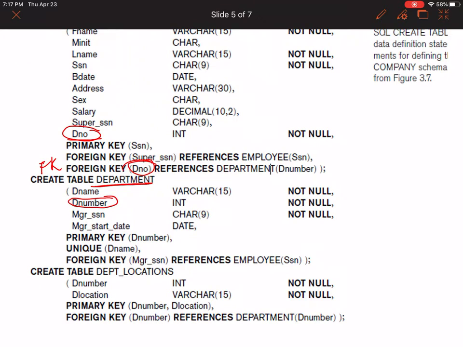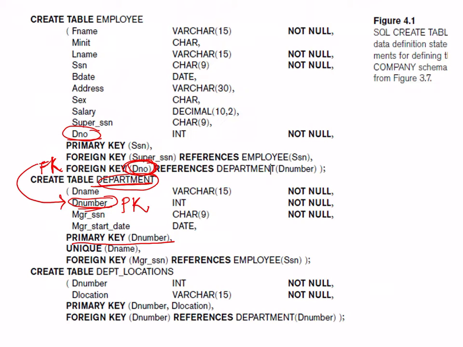So this D number is connected to this D number, and this D number in the department table is a primary key. And this DNO is a foreign key in this employee table.